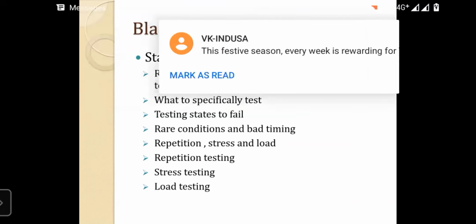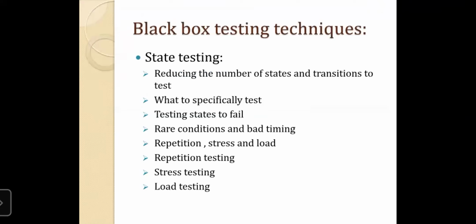In the next chapter, we are going to see what exactly stress testing, load testing, etc. are.